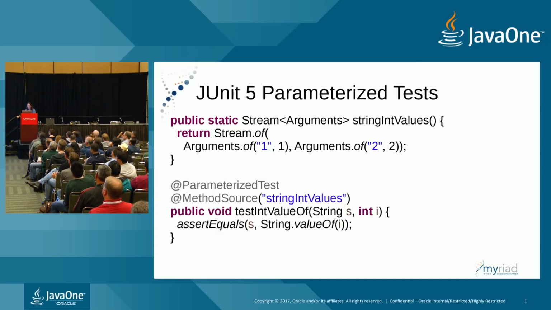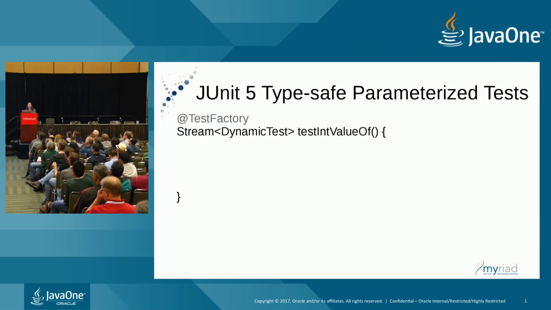So that leaves a little bit to be desired. But it turns out there's another thing in JUnit 5 which is really awesome that allows us to fix this. And what it's called is the dynamic test. So a dynamic test in JUnit is basically a way of creating tests at runtime instead of completely specifying them at